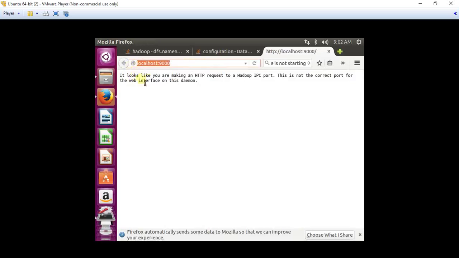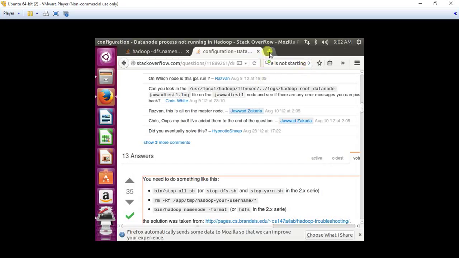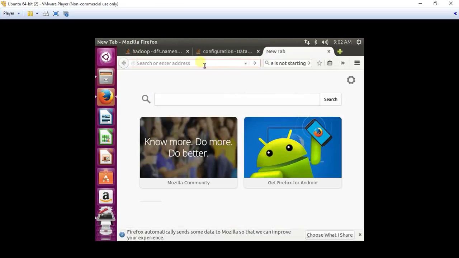So you can see the folder called user is successfully created in my Hadoop environment. You can also see that by getting into the local host